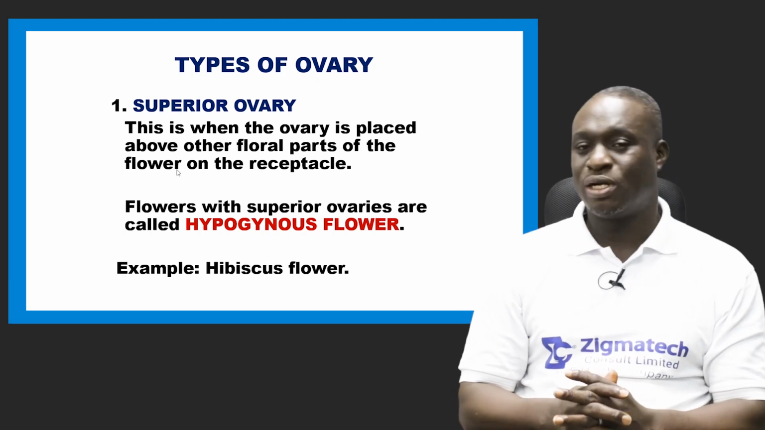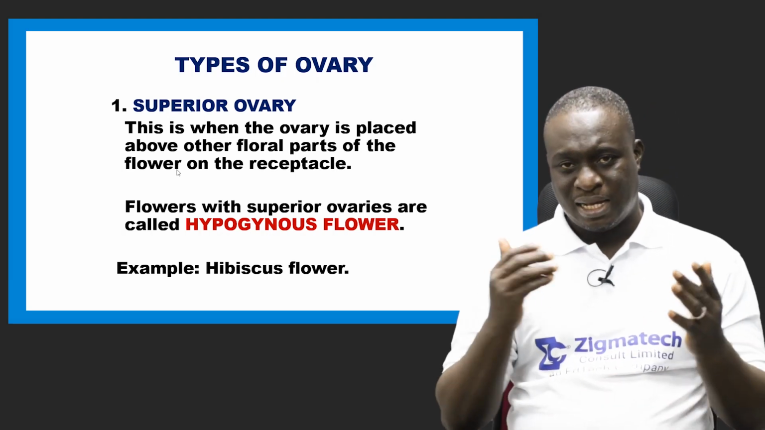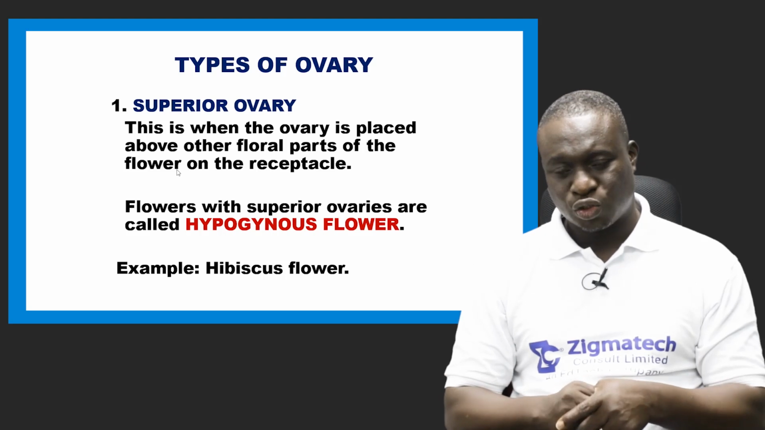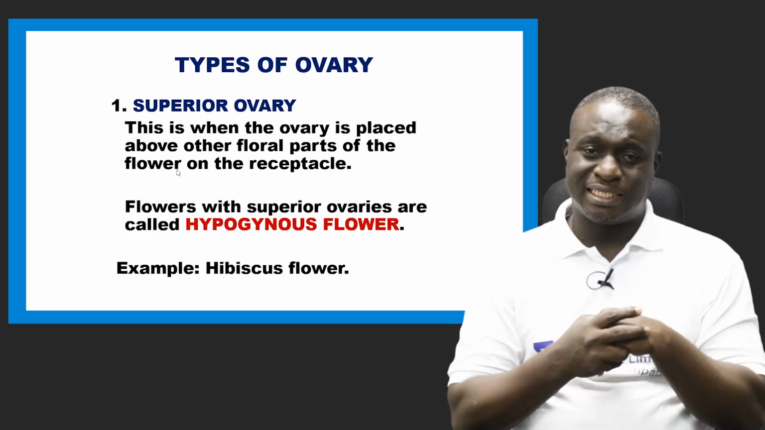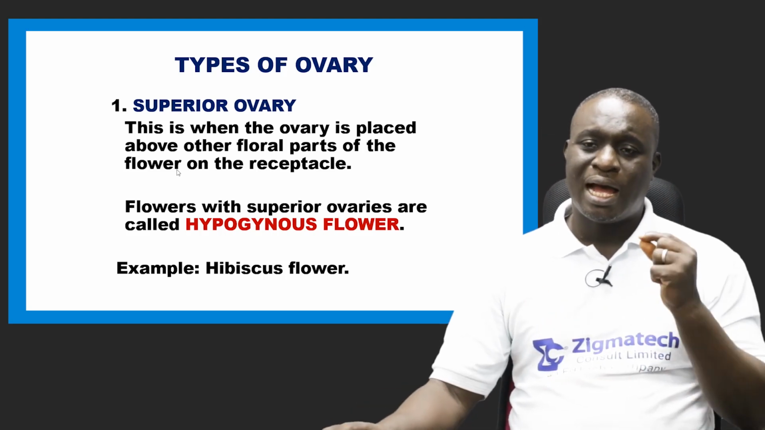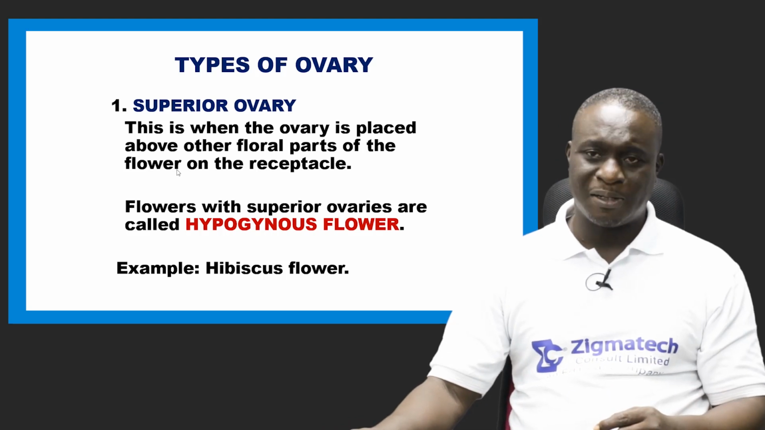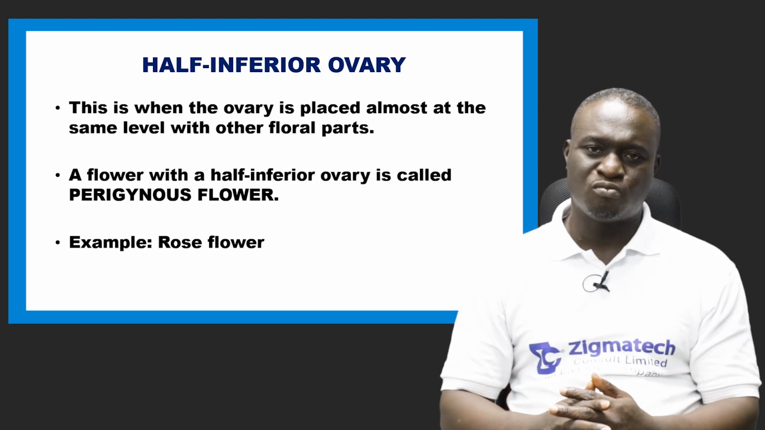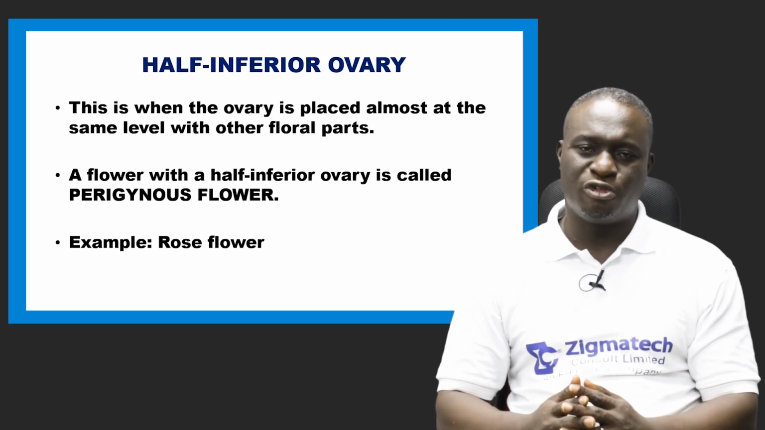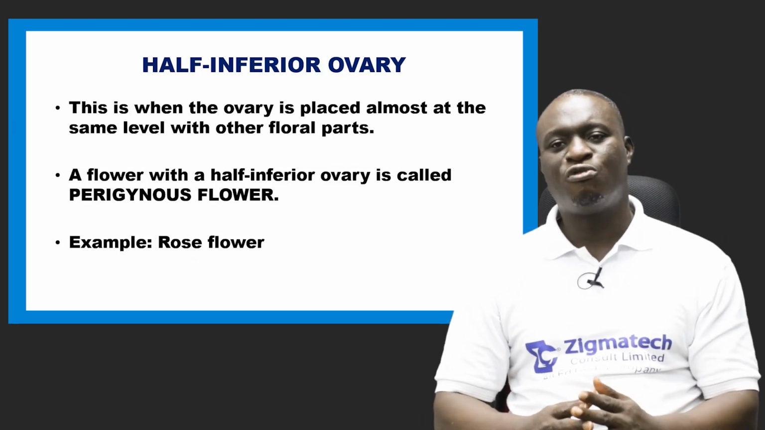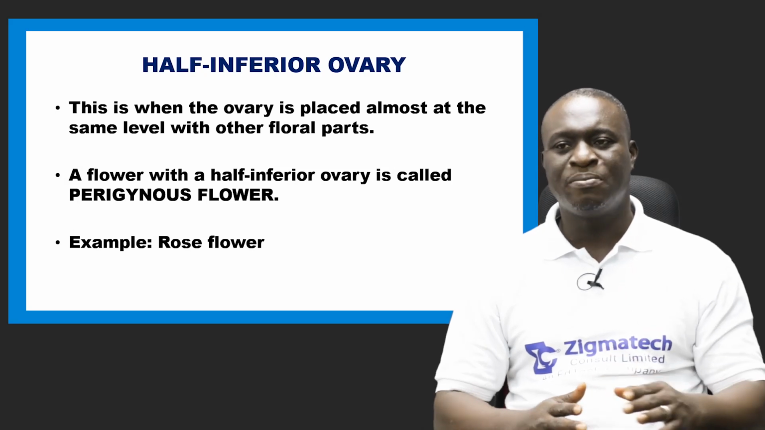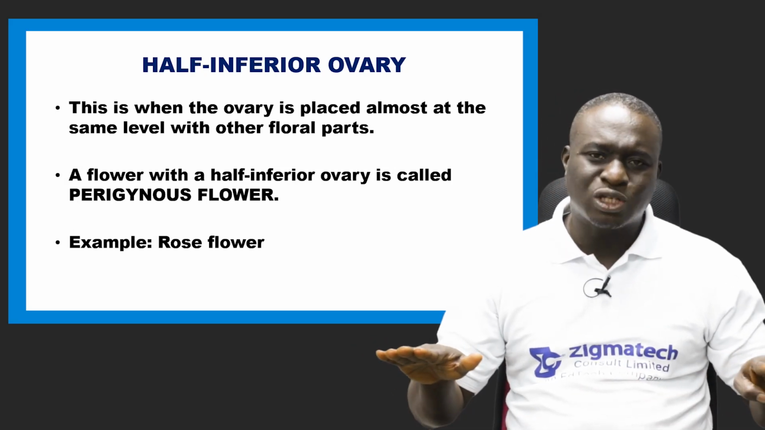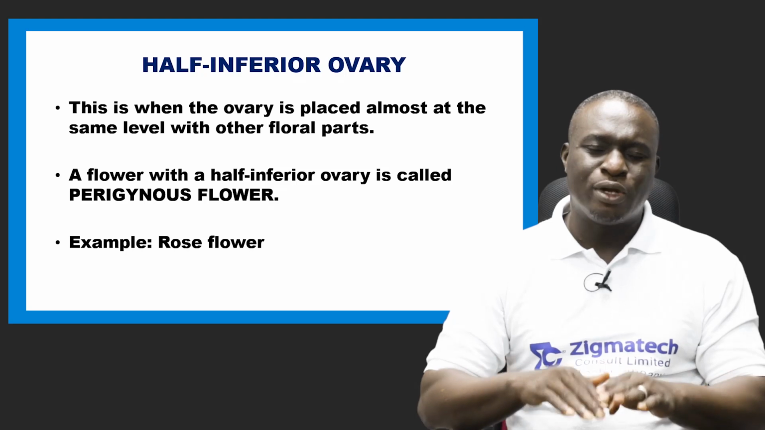Examples of hypogynous flowers are hibiscus flower. So hibiscus flower is an example of a hypogynous flower. Number 2 is half inferior ovary. Now, half inferior ovary is when the ovary is placed almost at the same level with other